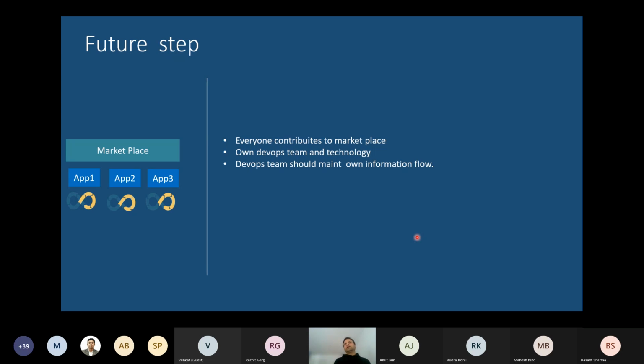So basically you can develop and maintain together. You can make the architecture more commonly usable and at the same time independent also, so that it is not the case that if everything is together, any change affects the other applications. So that is the future step.